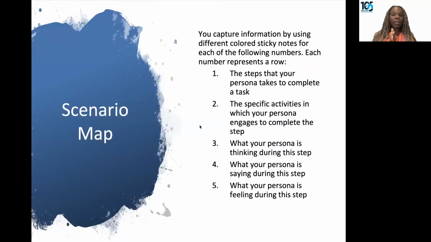So when we think about our scenarios, you want to think about how to capture the information. We can do this using sticky notes, or you can write it out. And so we're going to do,